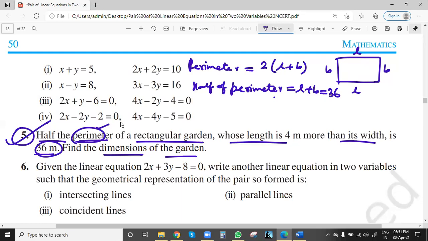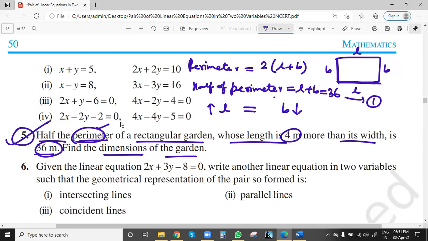Okay. And we want one more equation to find the length and width value. This is equation 1. Whose length is 4 meter more than its width. Length is more. Already from the diagram we can see length is more than width. So two things are connected, L and B. We write L and B here, length and breadth. And we know length is more. How much more? 4 more. So we'll put arrow up for length, which is more, and arrow down for width or breadth, which is small. So how much more? 4.